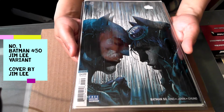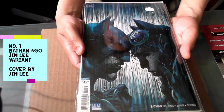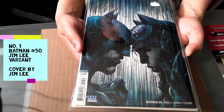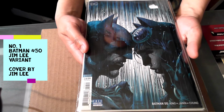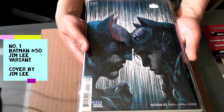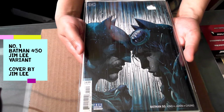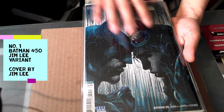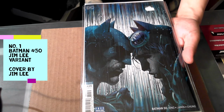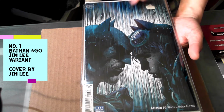The image is great. It's on par with some of my other favorite Jim Lee covers. And it's surprising to see such an image come out as a modern book. Generally, I try to take my time with modern books, but what I'm really loving about this particular cover and others that have been released recently,